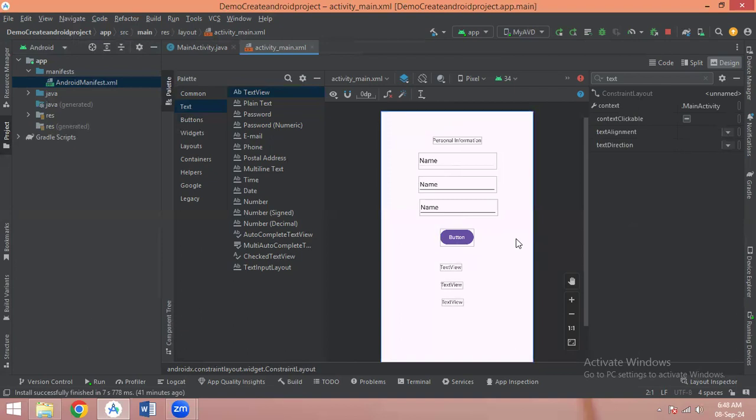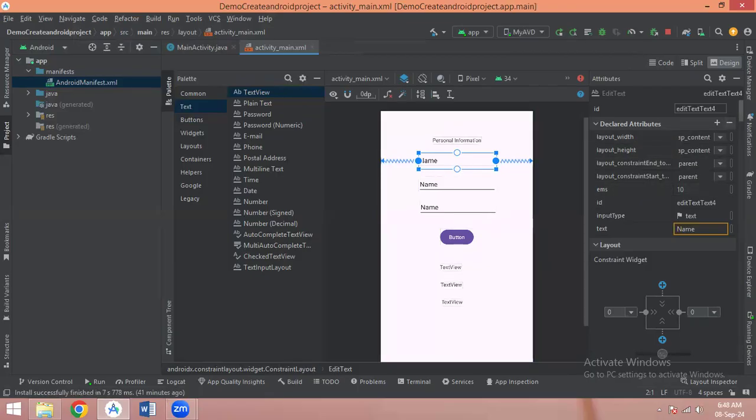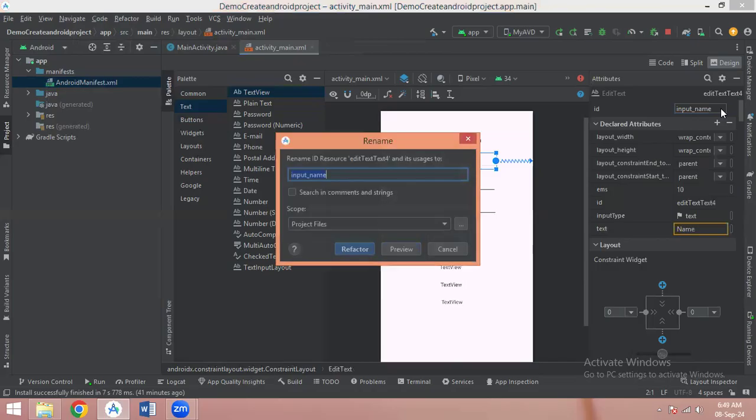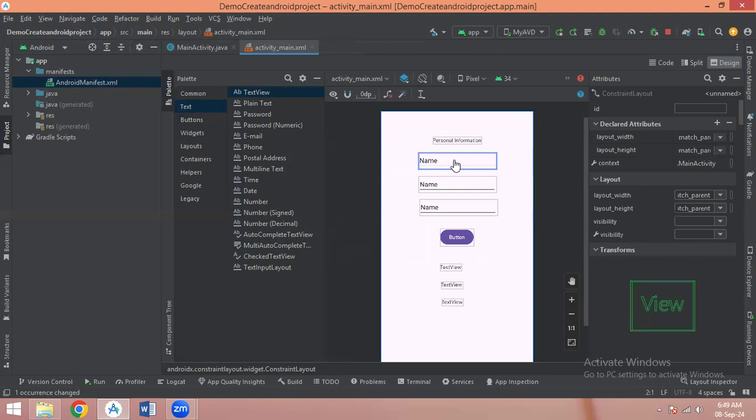Now, similarly, we have to change the other controls' properties. The first one is the name. Now we'll find its ID property and change it to input name, enter and refactor. So its ID is changed. Now we want to show some text over here. By default we get name, but we don't want this name. By default its text property is set, as you can see,